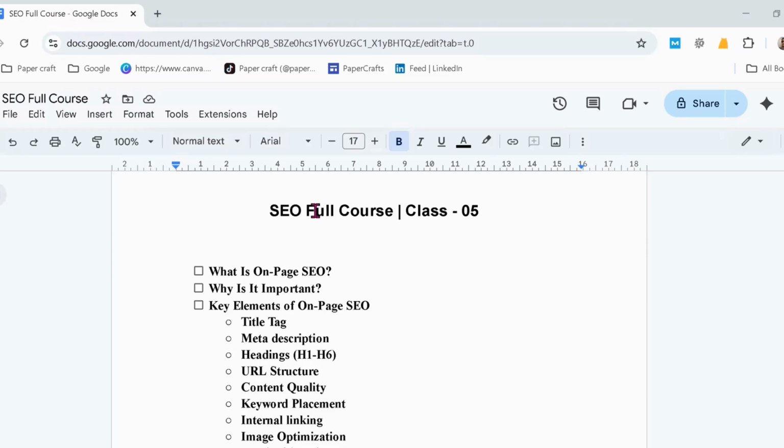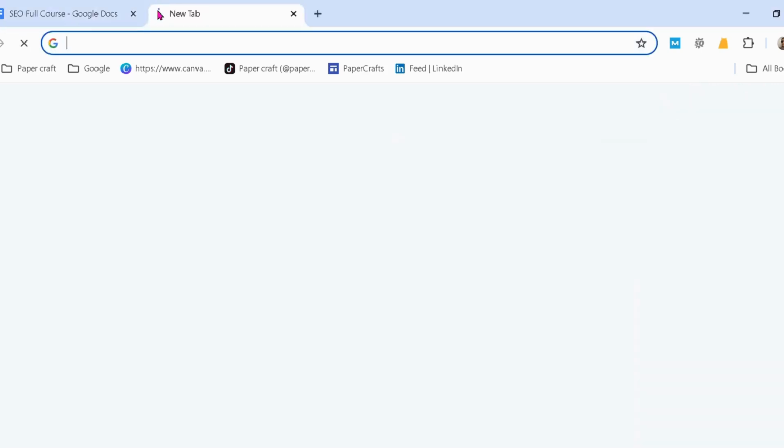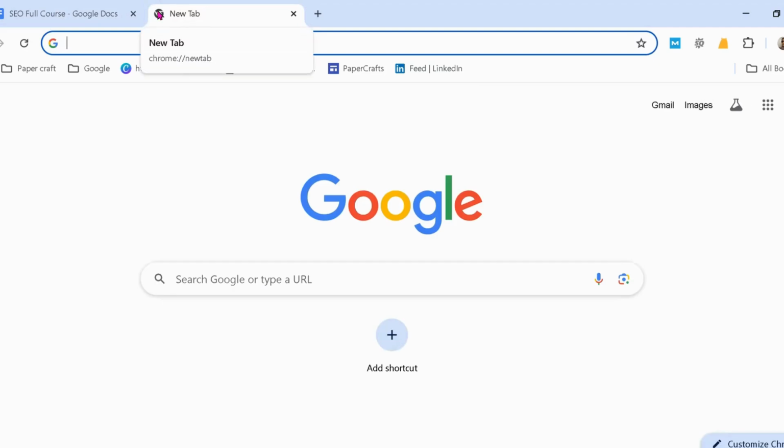In this class, I will show what on-page SEO is, why it is important, and the key elements of on-page SEO. At first, we will learn what on-page SEO is. On-page SEO means on-site SEO. It is the practice of optimizing your website individually. You optimize your web pages, and that helps improve your website's visibility or ranking in the search engine result pages